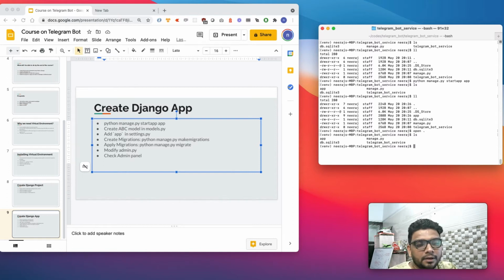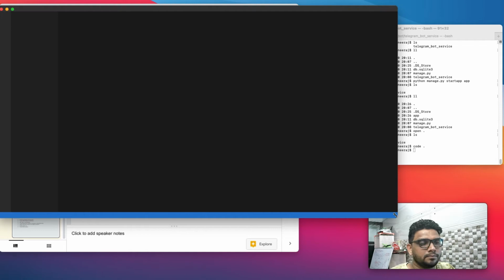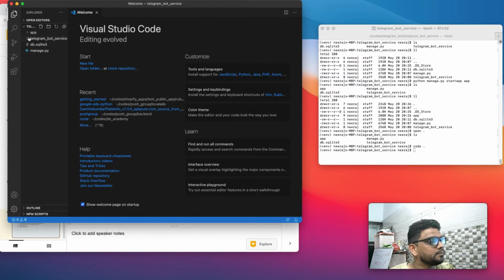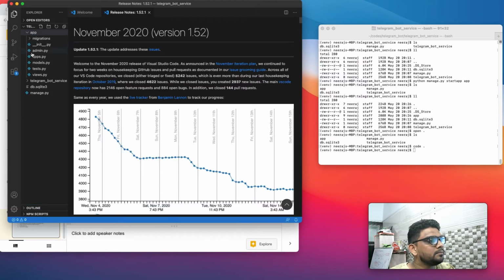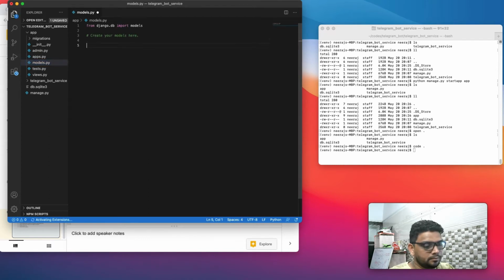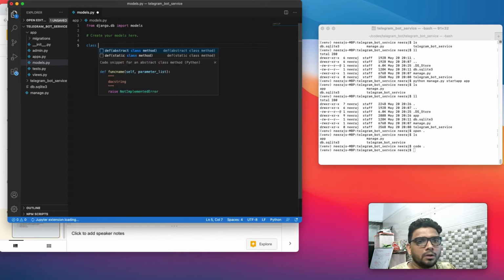Now let's create a model in the app. Let's create a model called ABC.